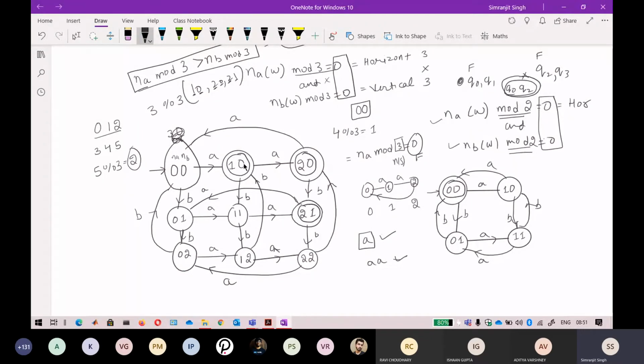Now this one has final state A, B. So A, B. In this one, number of A is also greater than number of B's. You take any path. Okay, so I take B B A A, and I go with this B, and then I will go towards this A. Sorry for that. B B A A and B. So I will go towards this 2 0.